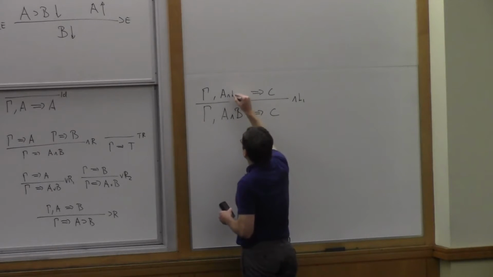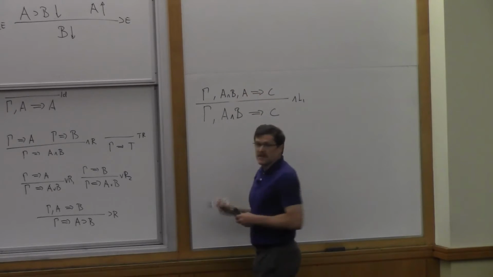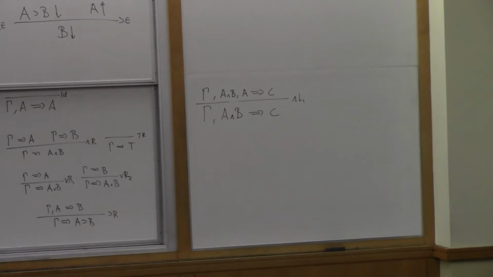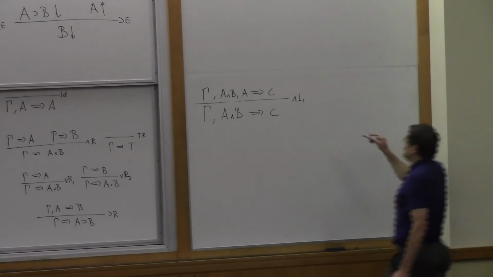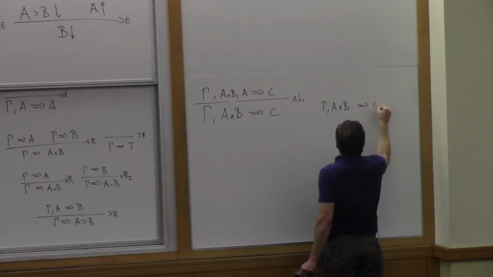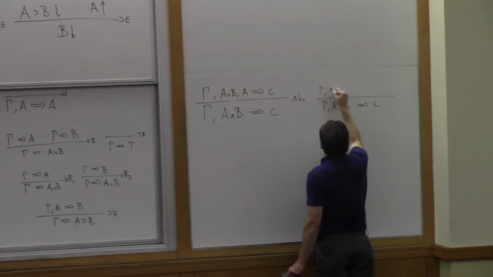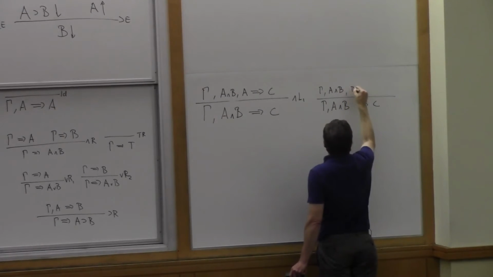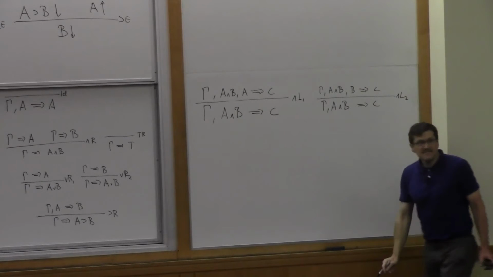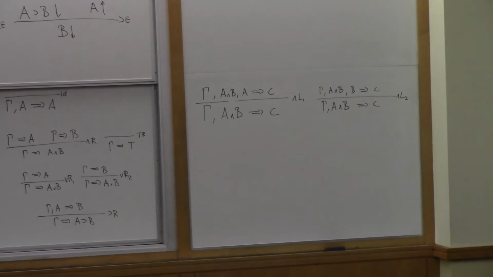So I keep A and B, but I add A as something else that I can know. So when we have something we've derived, we can always keep it. We never lose it, right? Okay with that? And what's the second left rule? A and B, arrow C. Well, I keep A and B, and I add B. That proves C, and that's the second left rule for conjunction. Okay? Everybody on board with that rule also? Yes? Okay.